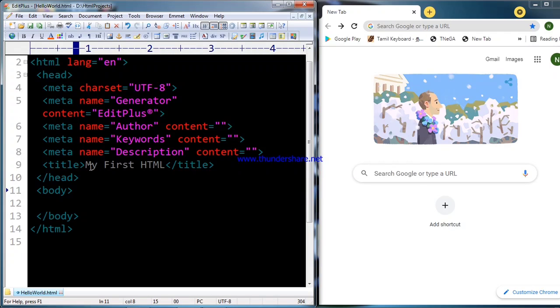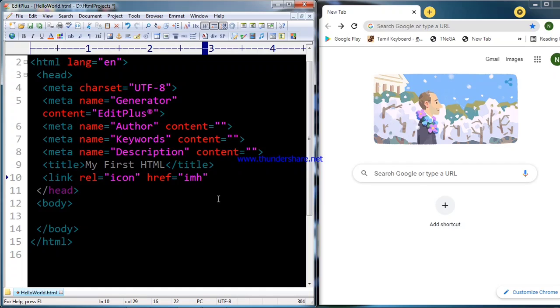So I am taking two things: one is the input panel and the other is the output screen. In the input, I write my code, and the output is a browser. The first thing is, in my web page, I want to customize my title bar. So I have to give my own title bar rather than the default, and display some image file over the title bar. For that I have to write two things.